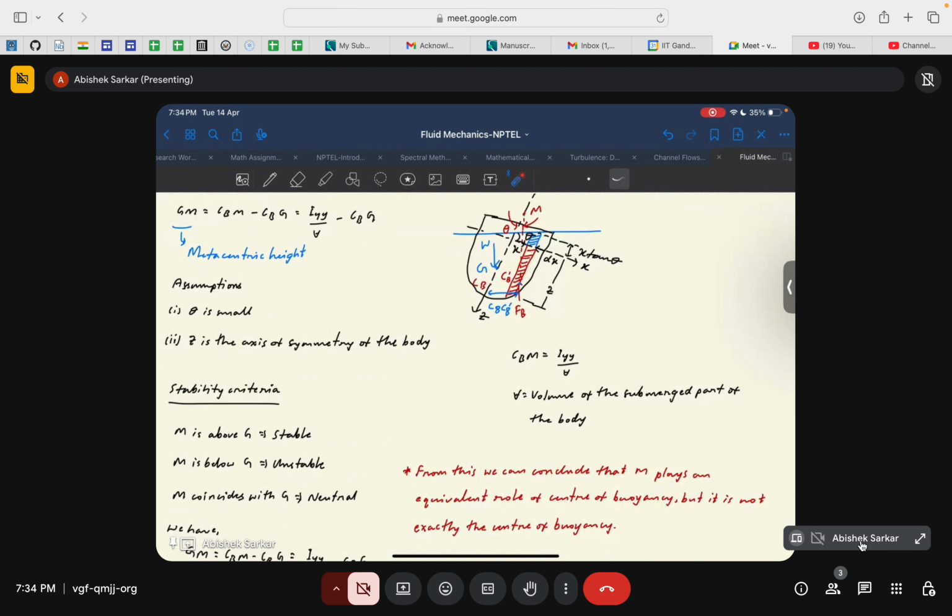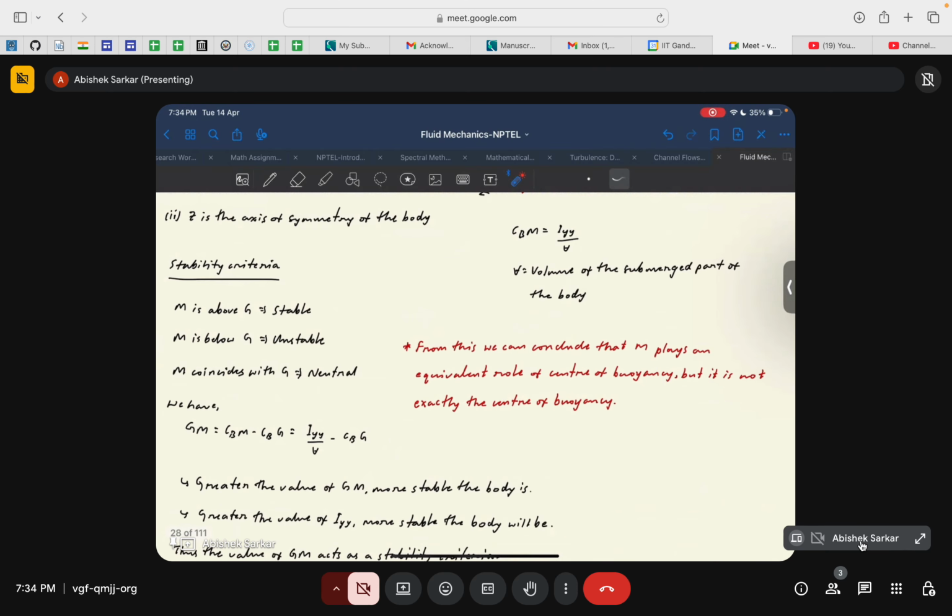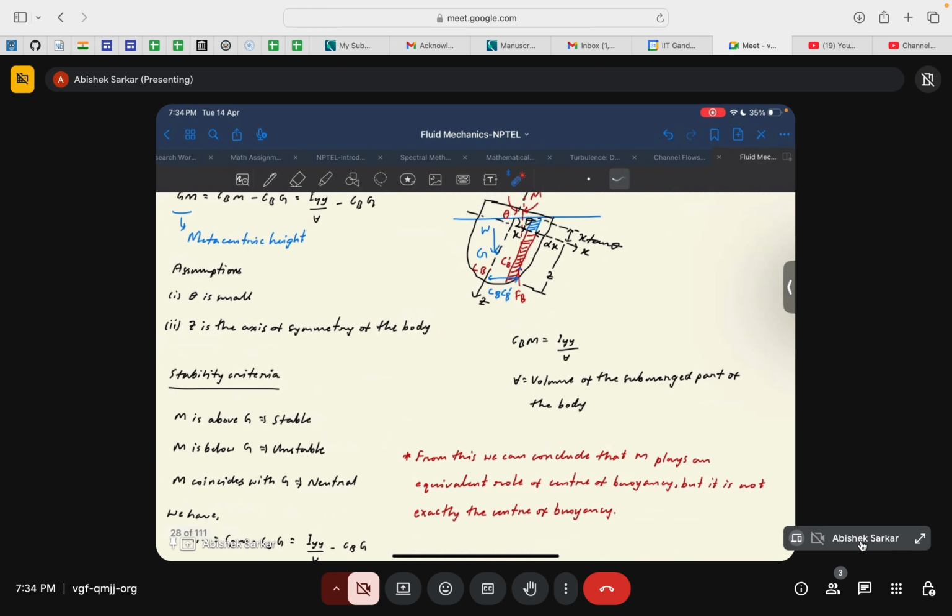Okay, so when the metacentric height is positive, it implies that the body is stable, and if it is very small, then the body goes unstable. If the metacenter is above the center of gravity, the body is stable. If it is below the center of gravity, the body becomes unstable. Okay, so this was a key point to take away, and again, formulas related to it were discussed in the